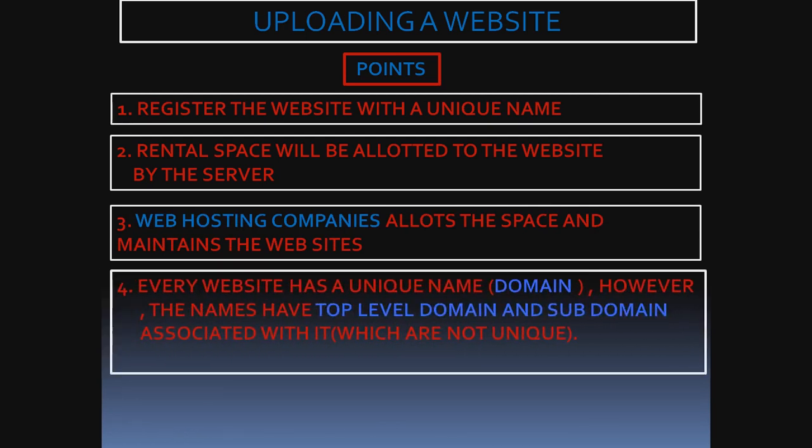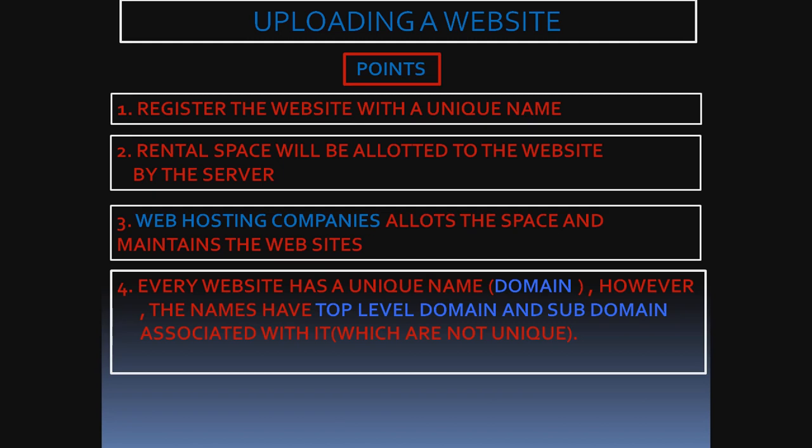Now, as I said, every website, whenever you upload it, is given a unique name. For example, if CBSE had uploaded the website, CBSE would have given a unique name, say CBSE, and the total generic name given by the web server would be www.cbse.nic.in. Students, here www is always there with all website addresses, and CBSE has been decided by CBSE itself. CBSE has the discretion, the ability, the capability of deciding this part of the web address.